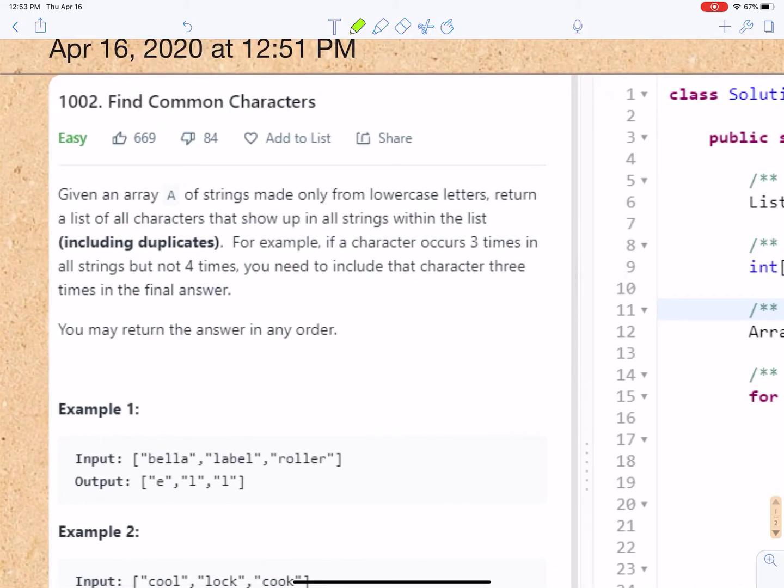Okay, today let's talk about this question. Find common characters. So basically, you are given an array of strings made only from lowercase letters, and you have to return all the characters that show up in all the strings within the list, including the duplicates. For example, if a character occurs 3 times in all strings but not 4 times, then you need to include all the characters 3 times